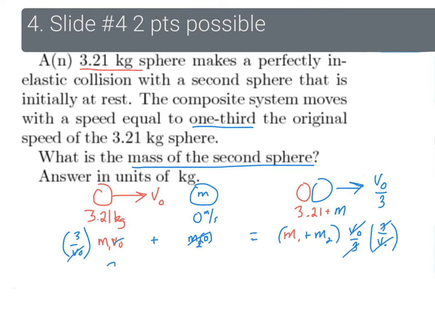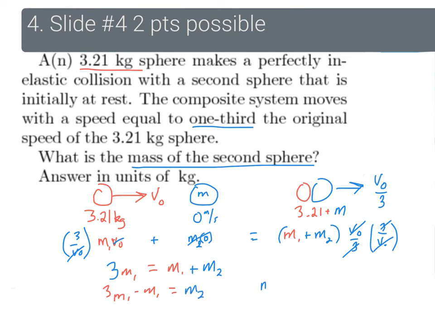So what that leaves us with is 3 m1 would be equal to, and now I can take the parentheses out, m1 plus m2. Since we're solving for m2, we'll move this around, and we're going to subtract m1 from both sides. So 3m1 minus 1m1 would be equal to m2,